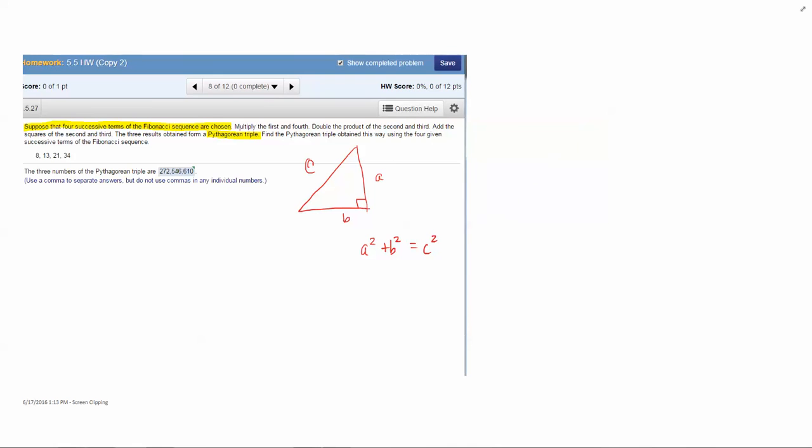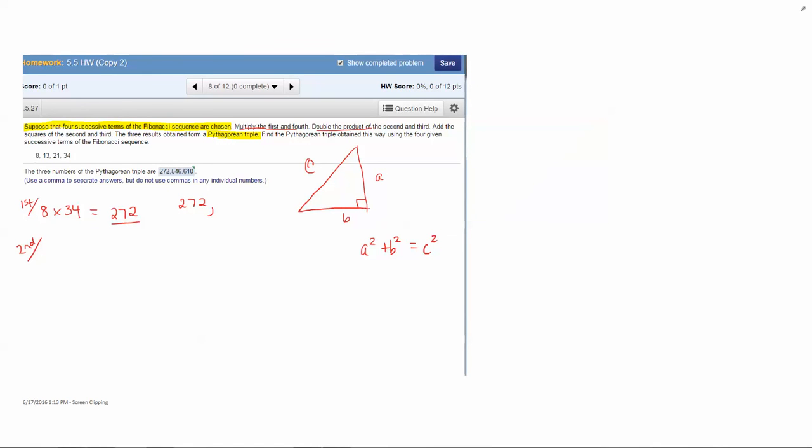So according to this, first we're going to multiply the first and the fourth. So first I'm going to take the first number, 8, and multiply it by the fourth number in the sequence, 34. 8 times 34 is 272. So that's going to be the first number in my list. So do comma. Second,